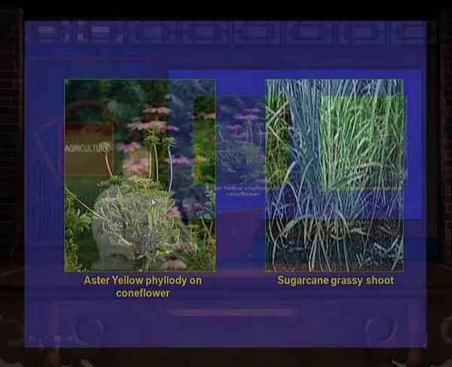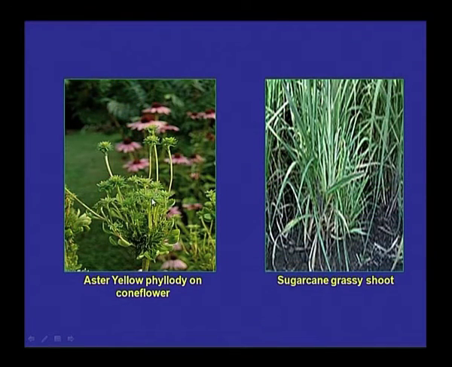This is an economically very important disease of Mycoplasma, because it affects the sugarcane plants, and instead of developing the cane in the field, we see the proliferation of the tissues and bush like structure of the plant. The internodes are becoming short, and the plant is showing the white and yellow leaves without producing any cane.